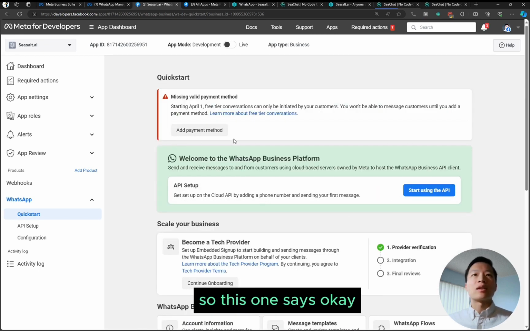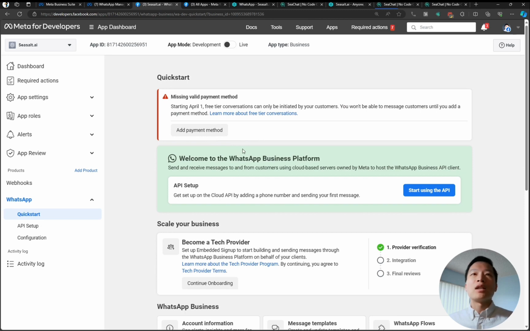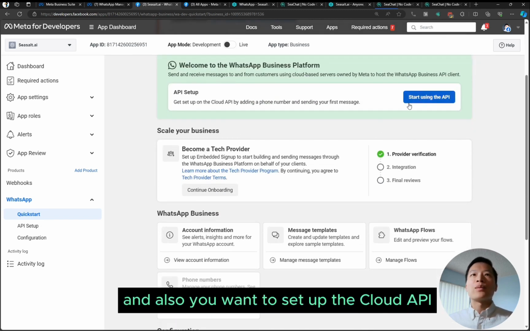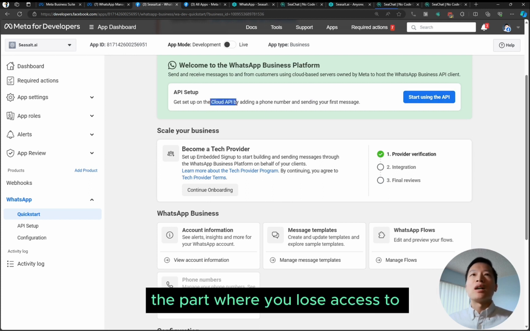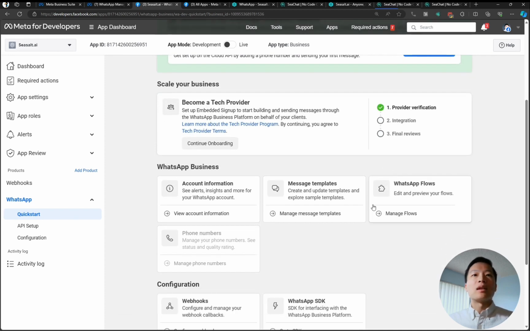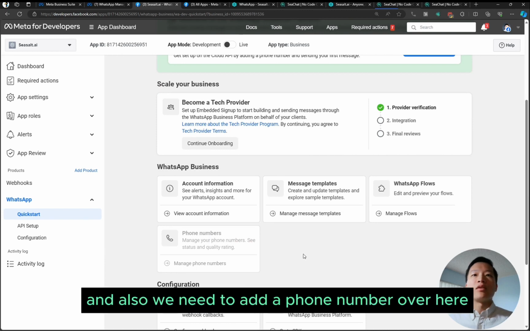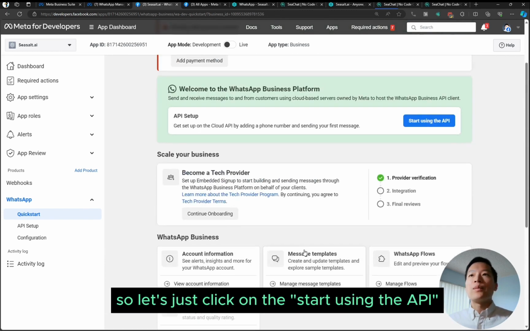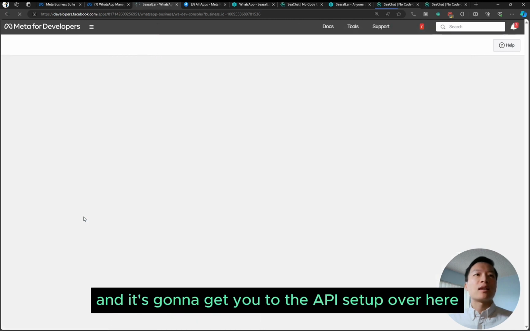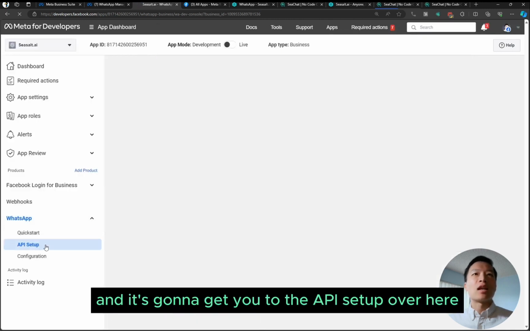This one says you need to add a payment method if you have a lot of incoming queries, and also you want to set up the Cloud API. This is the weird part where it makes you lose access to the WhatsApp Business app, just to be warned, right? And also you need to add a phone number over here, right? So let's just click on Start using the API, and then it's gonna get you to the API setup over here.